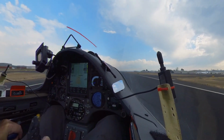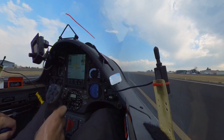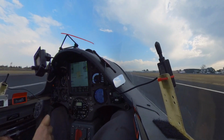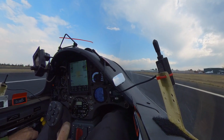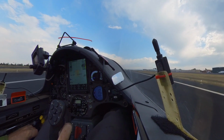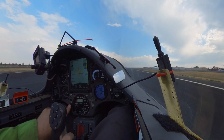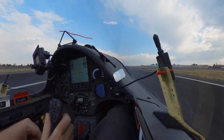Touch down, and as soon as I touch down, the wind is immediately trying to weather vane me and push me off the runway to the right. So I put my wing down and get on the brakes, and there we go. Crosswind touchdown. Look at that yaw string on the windshield blowing directly sideways. Anyway,